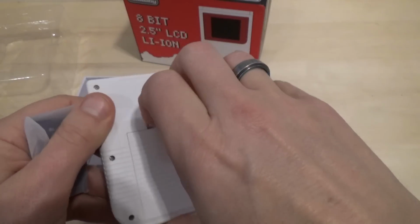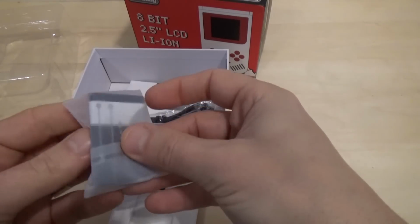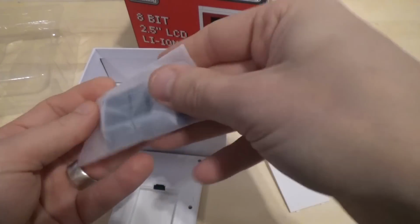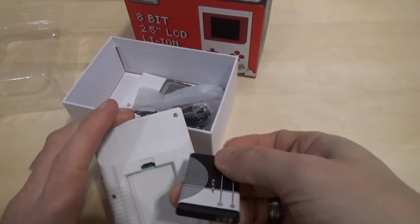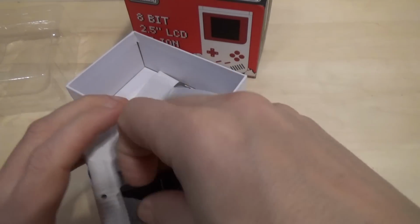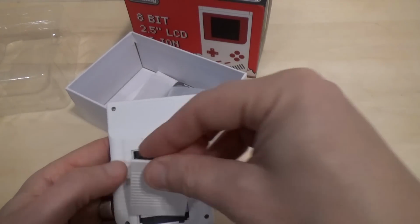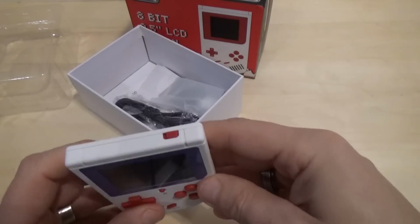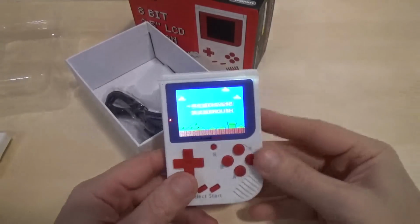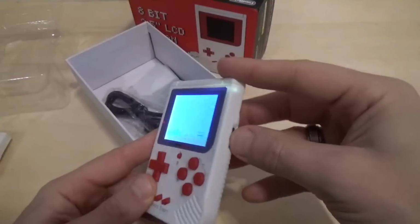And let's pop this open. These are always a pain to get open. And we'll stick the battery in. In we go. There. Remember, contact goes in first. Don't just pop it in there. All right, let's power this puppy on. And it gives me the choice of Chinese and English,